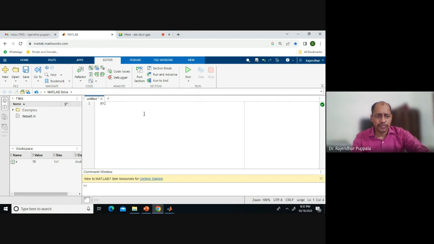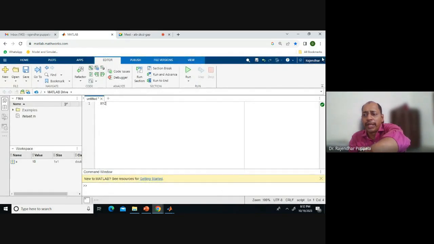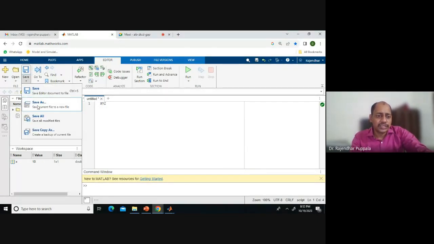Now save it. Save as. It will go to your MATLAB Drive, sir. I have already logged into my account here, Rajendhar. You can see here. If you are already logged in and using the MATLAB online version, then whatever files you save will directly go to the MATLAB Drive here. I'm saving it now. Save as